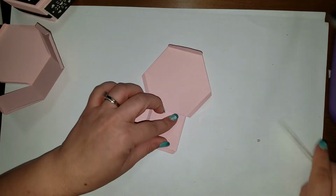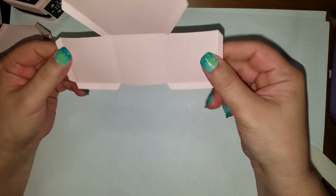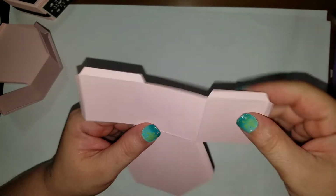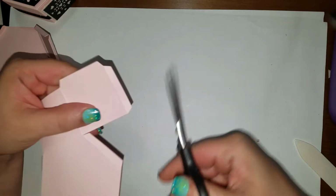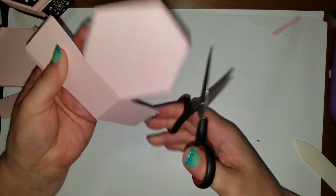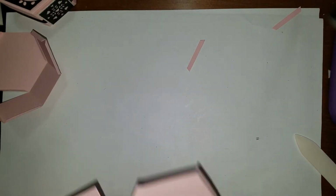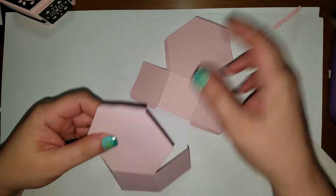So let's do this here. Okay. Now one of these guys, you're going to cut off these 2 ends, these 2 flaps. So I'm going to do it to this one, and cut off that one, and we'll cut off that one. Okay. So now to assemble this,